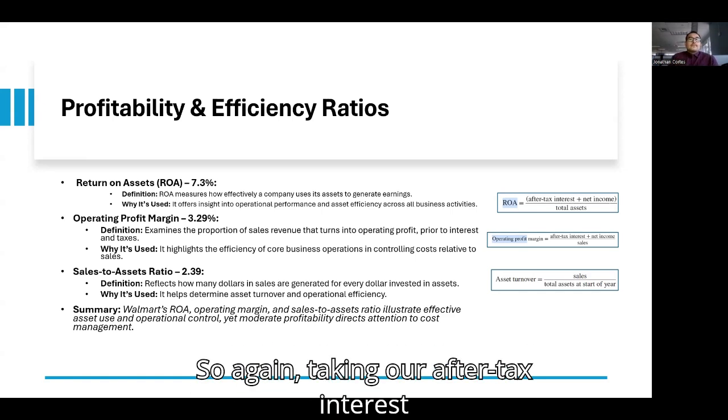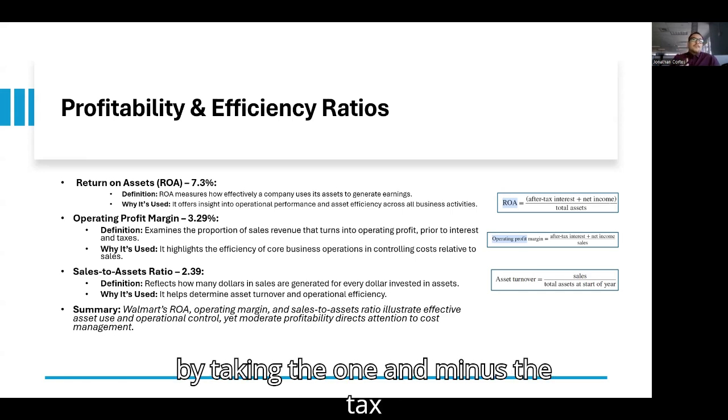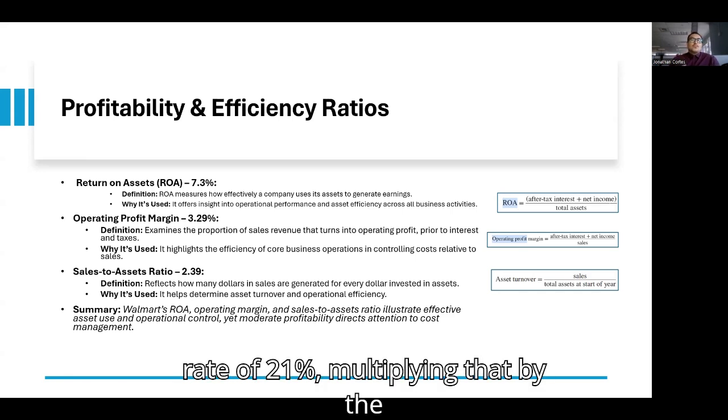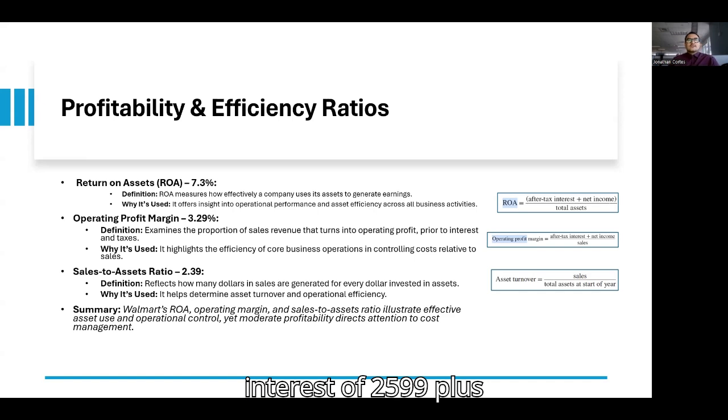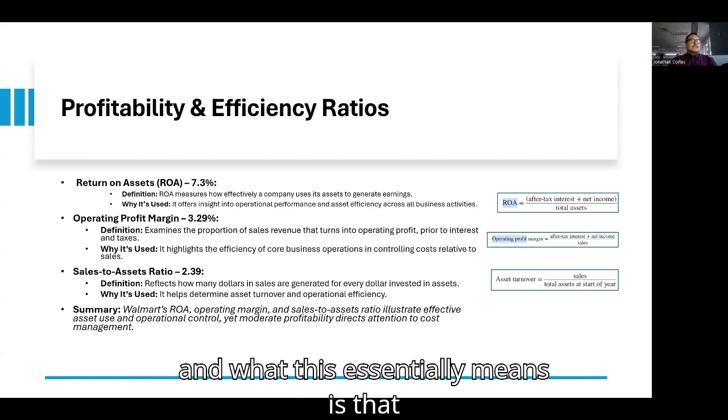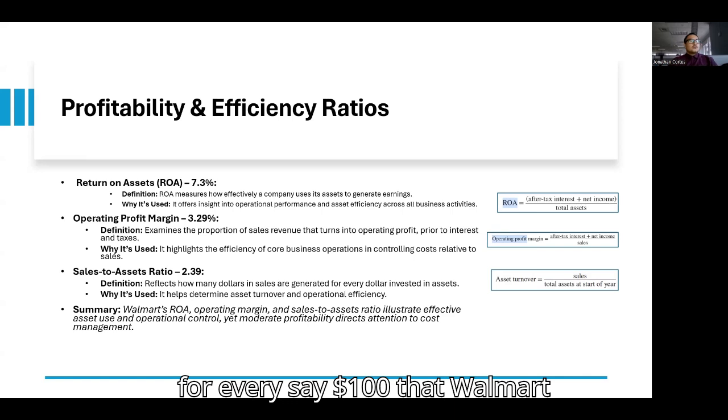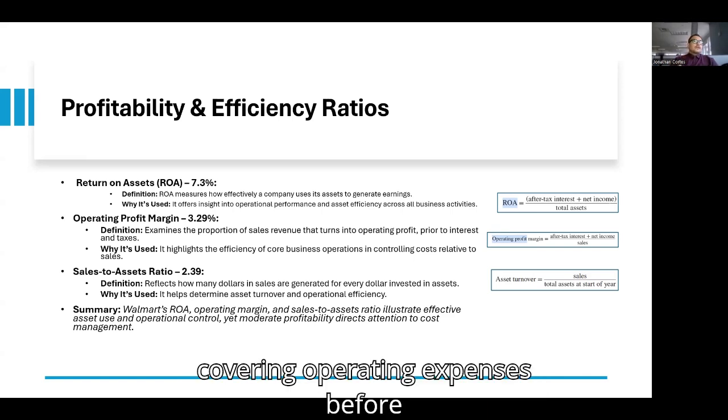So again, taking our after-tax interest by taking 1 minus the tax rate of 21%, multiplying that by the interest of 2,599, plus the net income of $15,201 divided by the total net sales of $523,964. Taking all those given values, we arrive at an operating profit margin of 3.29%. And what this essentially means is that for every, say, $100 that Walmart generates, $3.29 remains after covering operating expenses